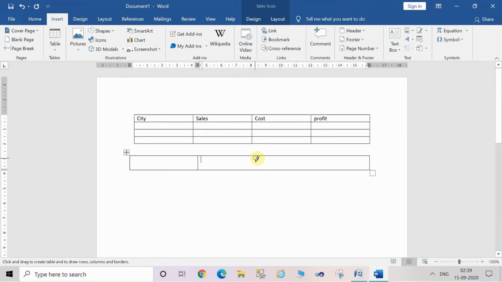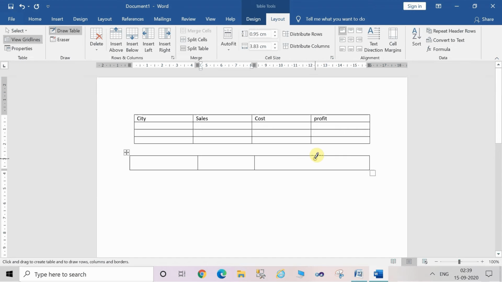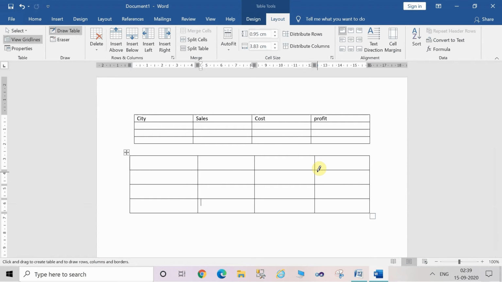This is a pencil. Here in this way you can draw the rows and column, and then by pressing the tab from the keyboard you can increase the number of rows. Means you first decide the number of rows and the number of columns in a table, and then by pressing the tab you can add as many rows as you wanted in a Microsoft Word.